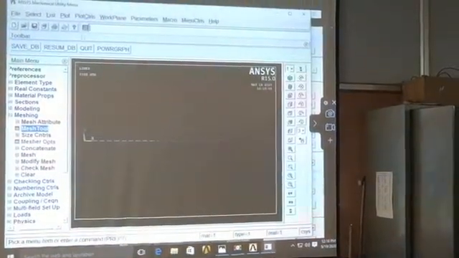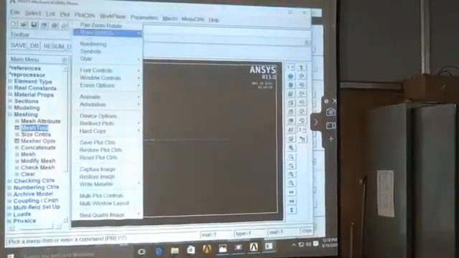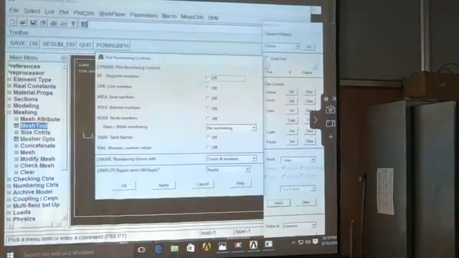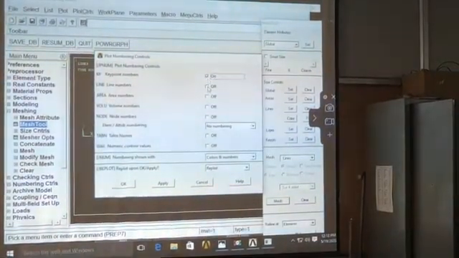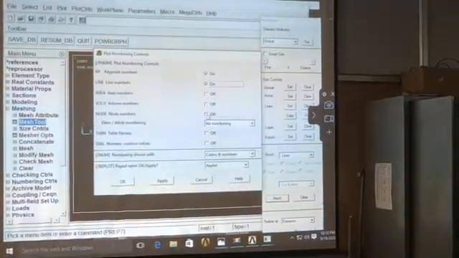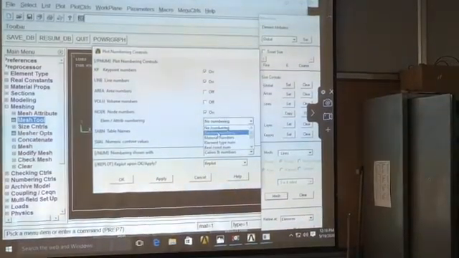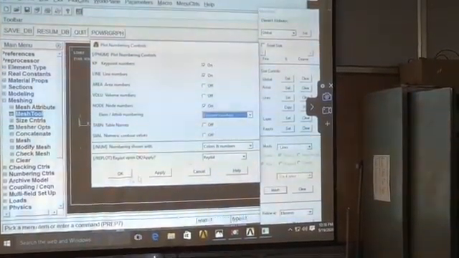Next, go for plot. In that, lines, you are seeing the mesh operation, that is divisions, each line having 10 mesh divisions. Next, go for plot control. In that numbering, 1 key point number, 2 line number, next 5 node numbers. Click on element numbers. Okay.